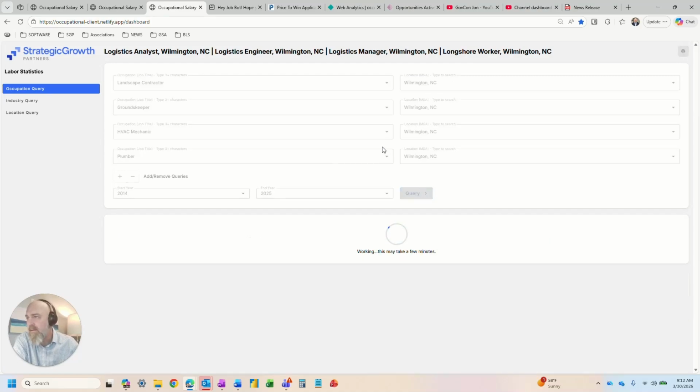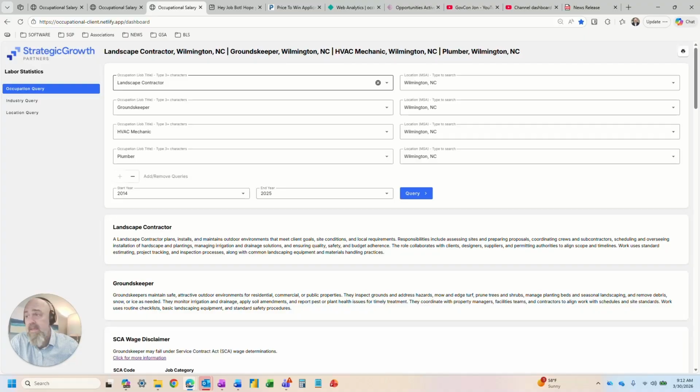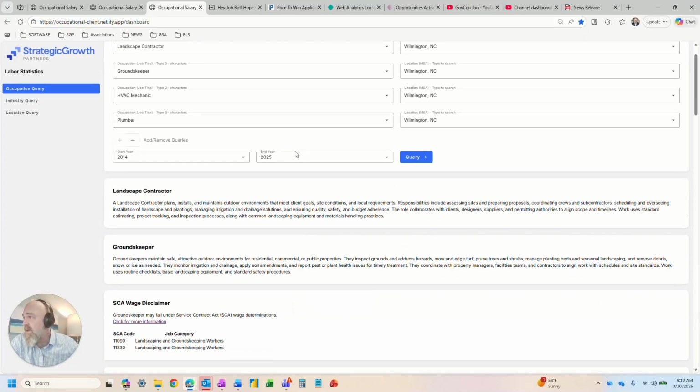I'm going to hit my query button. What I'm doing is going back to at least a decade or so of historical salary data for these jobs and trying to predict where salaries would be next year, whether it be next month or next year even. So I'm trying to leverage historical data, weaving in some of the 10-year outlooks and the quarterly inflationary index to predict what salaries ought to be.